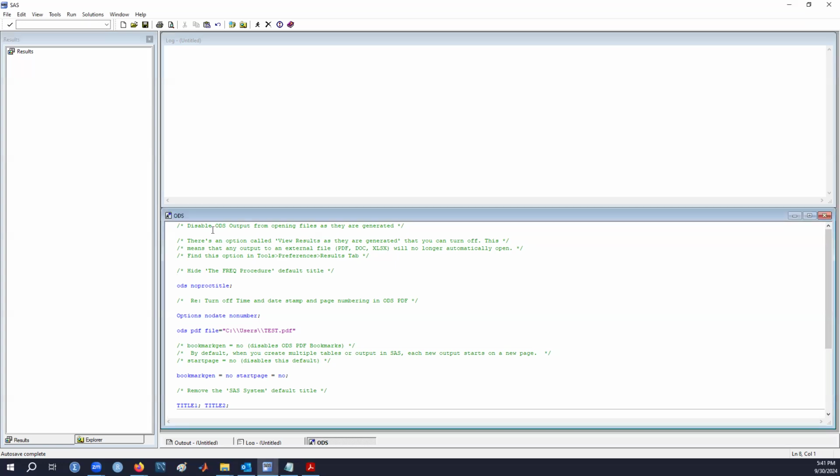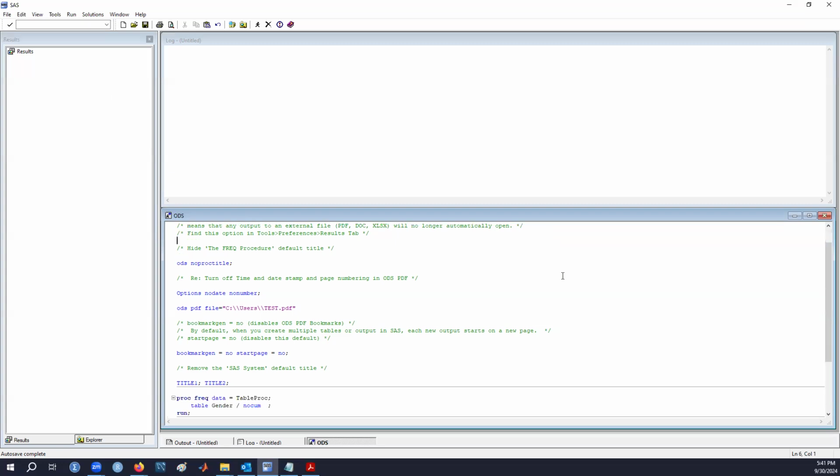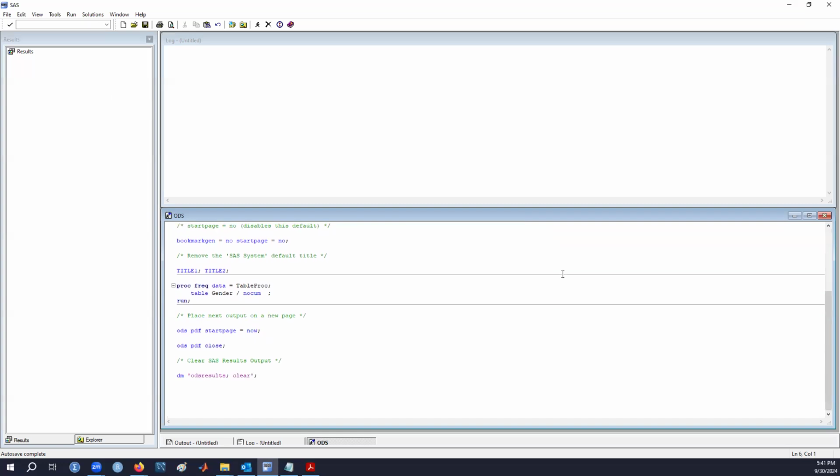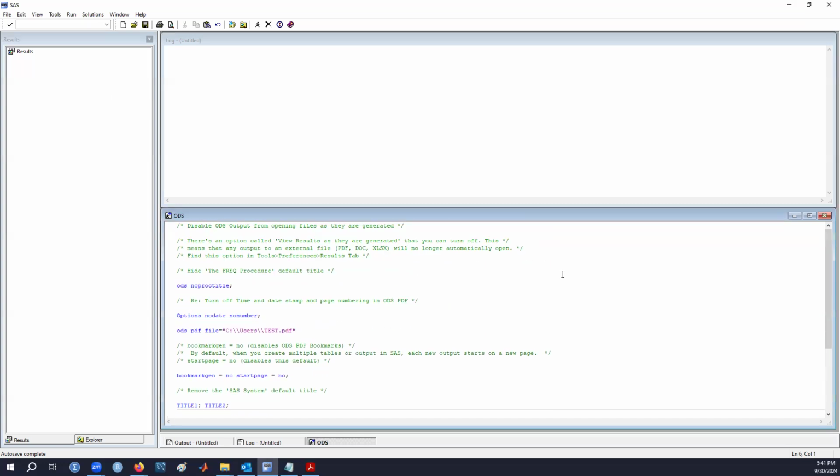Much of this code here is notation, so don't get too intimidated by what's going on. The code will be in the info for this video, so go ahead and take a look at that after watching the video, or take a look at it now and read along. Much of this is just commentary and notation to clear up what's going on, because there are a lot of different options which you can enable or disable as it pertains to